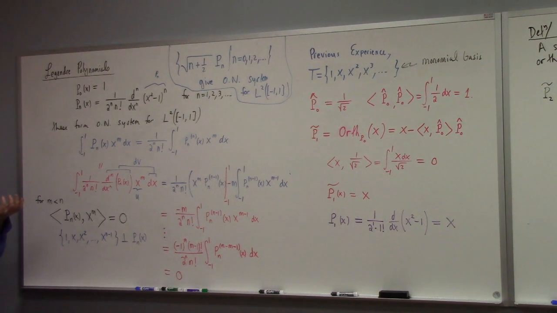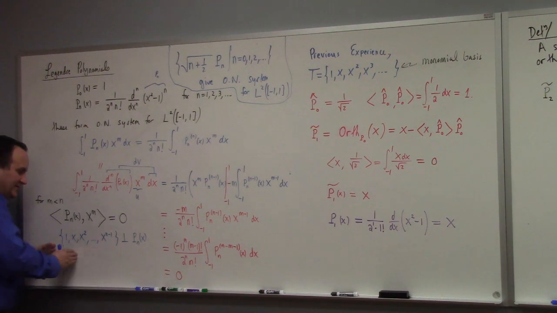So if you construct the nth Legendre polynomial by taking x to the n and removing the pieces which are parallel to these,